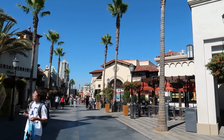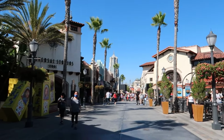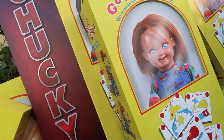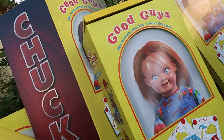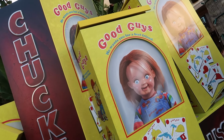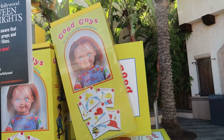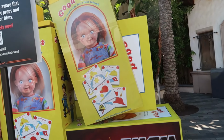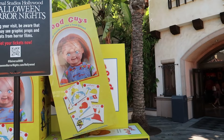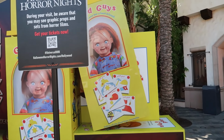I mainly heard that there's stuff in the front, but also there's this over here. We've got ourselves a photo op. Yes, that is correct, guys. We have a Chucky photo op that has been set up at the front of the park, which is pretty crazy. I would assume this would be put in a separate spot that would be a little easier for pictures, especially when people are coming in to the park. It might be a little issue, especially if everybody's gonna want to get